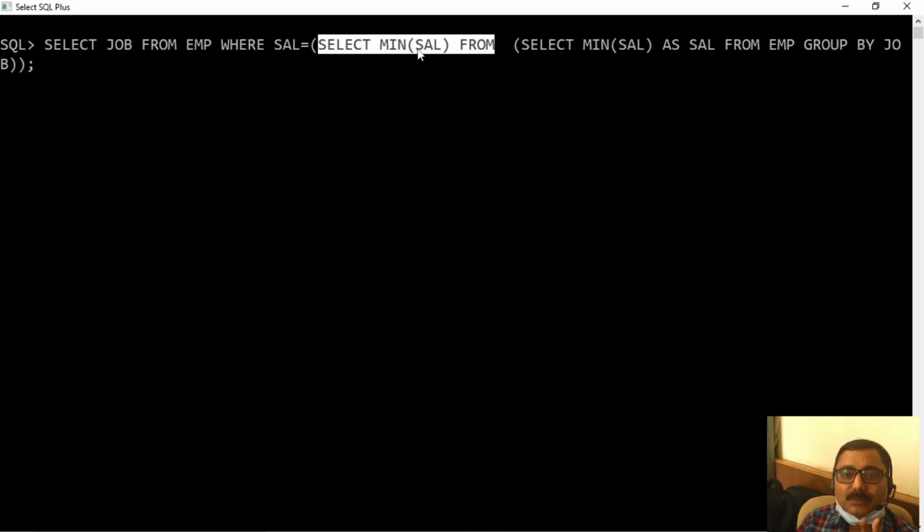Then this minimum salary selected from all minimum salaries will be equated to this particular query. Any record which matches the salary that is minimum of all salaries will be equated, and then that job is displayed. This is with the help of the group by clause.